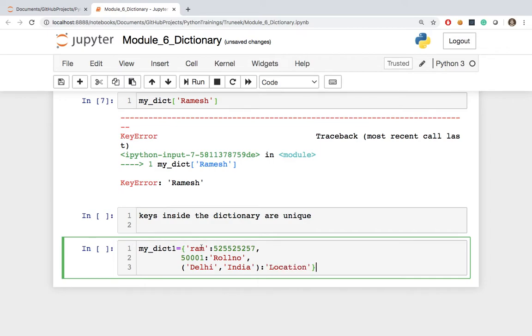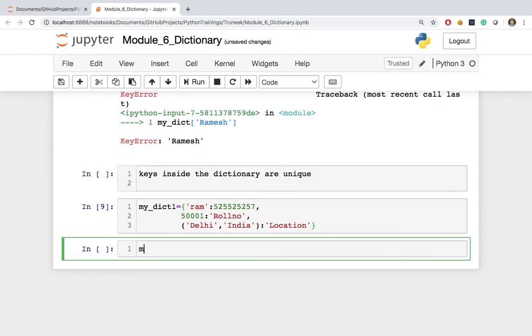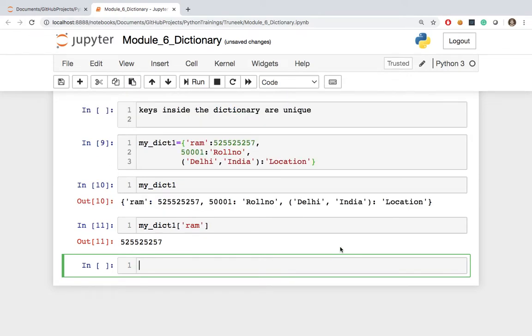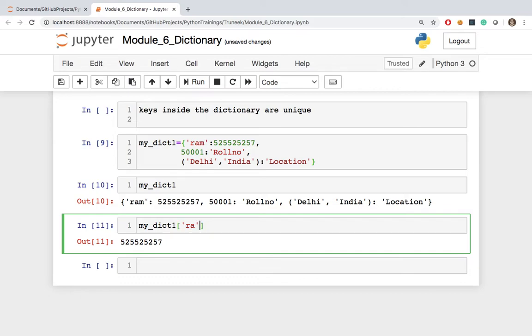So here I have created a dictionary in which the first part is a string value, in the second part we are putting the key as an integer, and in the third part we are putting a tuple. Now we try to run it, and it successfully compiled and has given us the result. Now if I want to access my dict1 Ram, it will give me the mobile number, and if I want to access the roll number, it will give the roll number. And if I want to access the tuple, so remember,